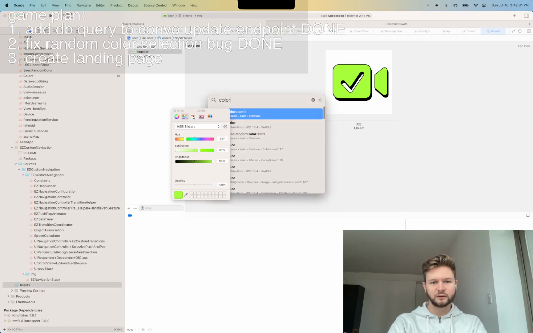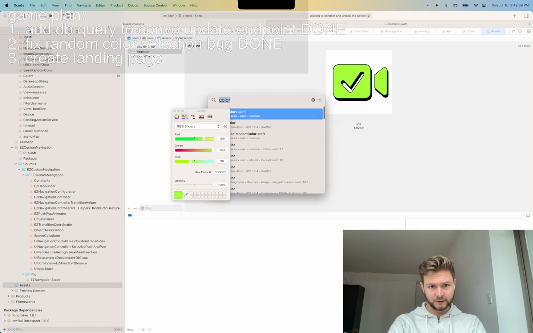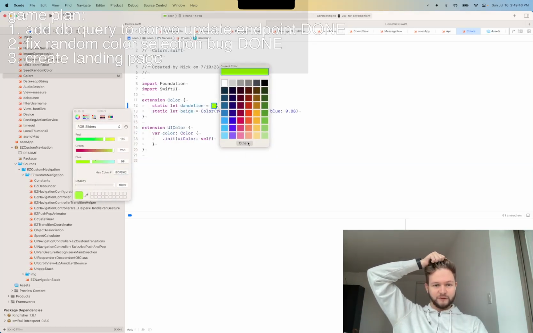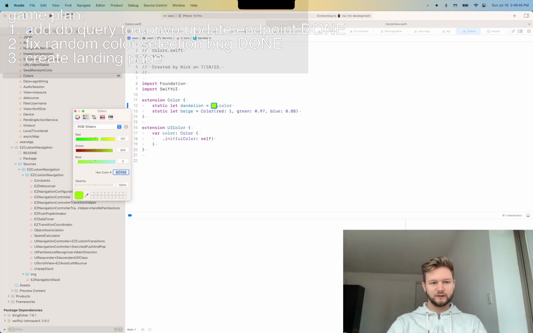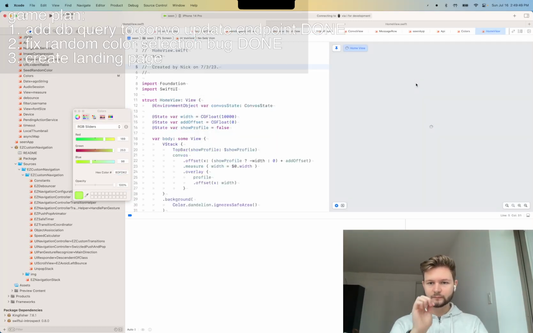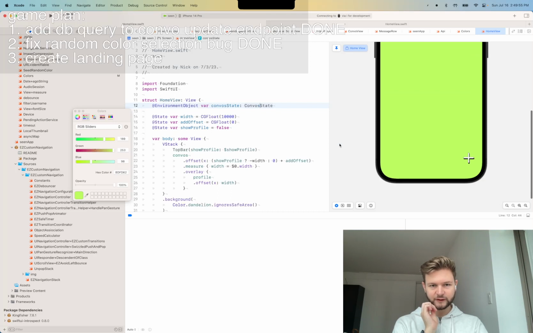Anyway, let's go back to color.swift and get the hex color value for this, because I'm definitely gonna lose it. Dude, I hate that they removed this feature. It was so useful to have the color literals here, and to just be able to open the color picker. This does look good, yeah. Fuck dandelion. I'm going with